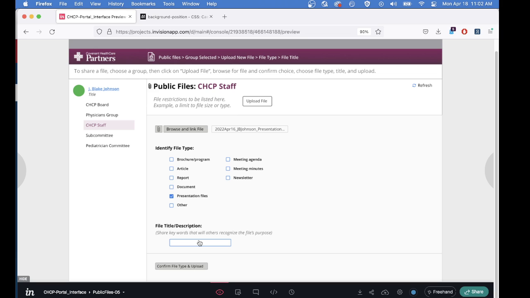So I guess it's a good time to explain the difference between file type and file title description. File type is going to name the file. So the naming process is going to come by year, month, day, then the person who uploaded the file, then what they identified it as, the type, in this case, presentation file, so right there. Okay, why do we want to do that? Because the